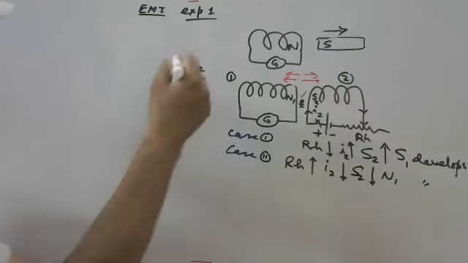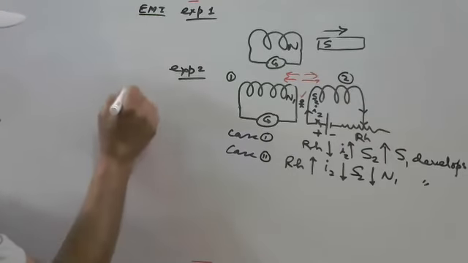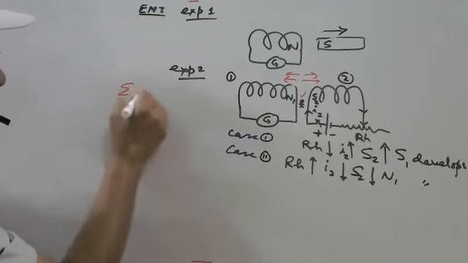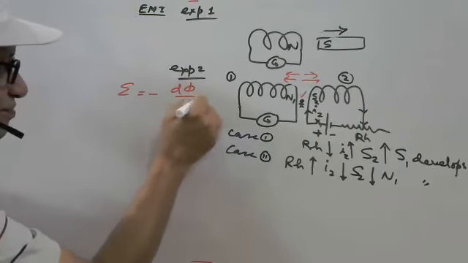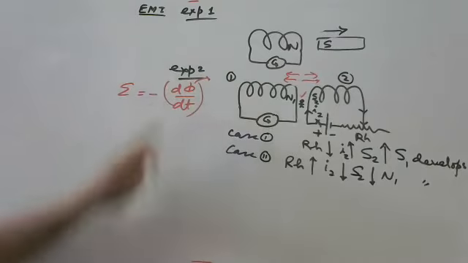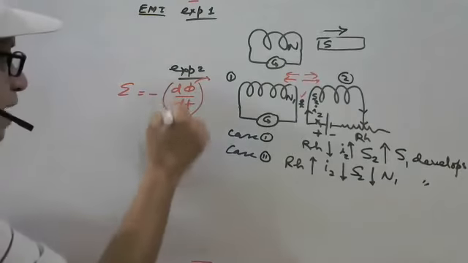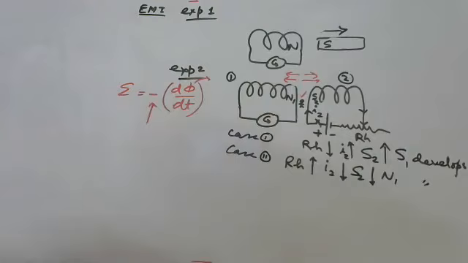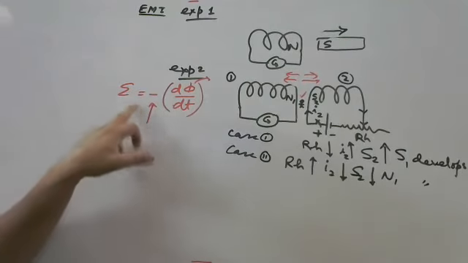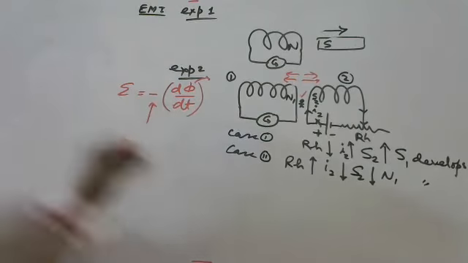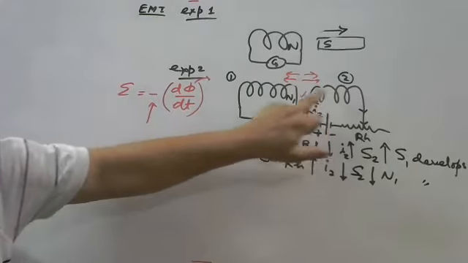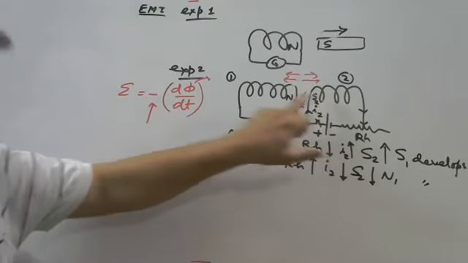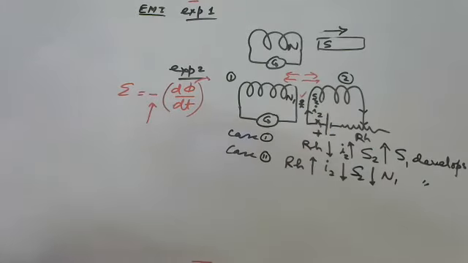That is why in this case, induced EMF E equals minus N d phi by dt. This is the total flux. So the minus sign tells you only the direction of induced EMF, the direction of induced current. Minus sign always, so always opposite. Action is always opposite. If it is becoming stronger, it opposes. If it is becoming weaker, it opposes. Got it?